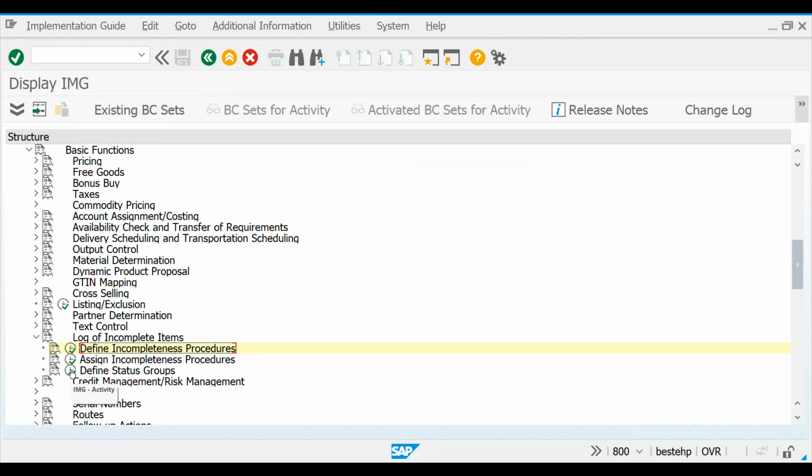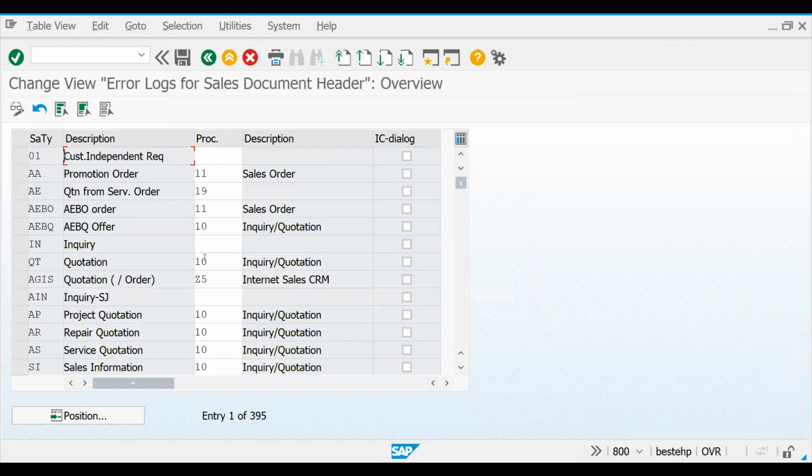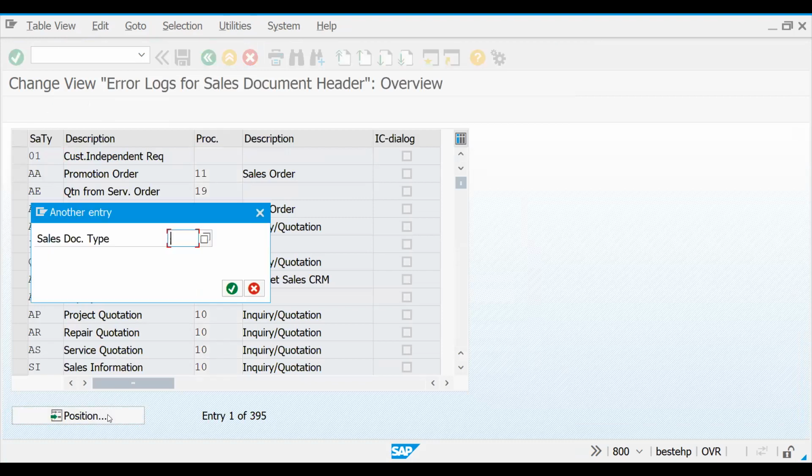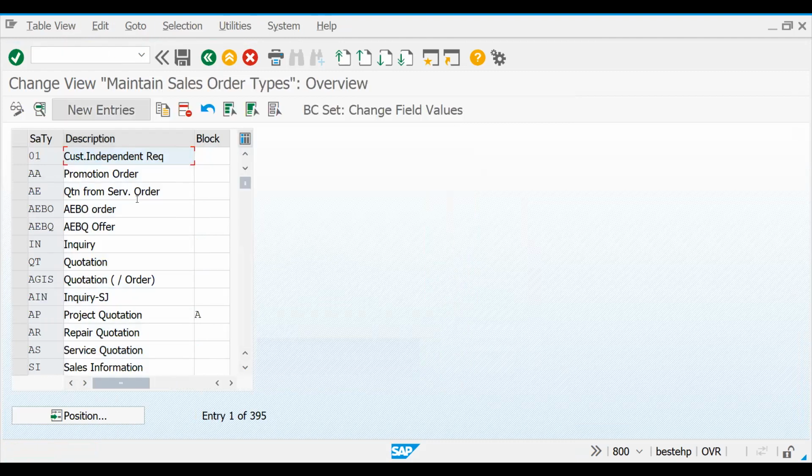So now you define. Now assign incomplete procedure. So it's simple. Like sales document types is header, right? Header level, if it is supposed to work, you have to assign this. What is our document type? ZOR1. So till now it is DV. Okay, I'm saving this one. Let me show you something here. Whenever we require, we'll get back to our